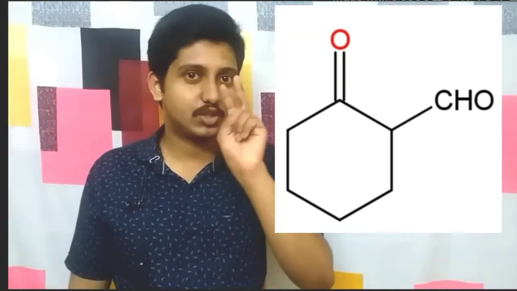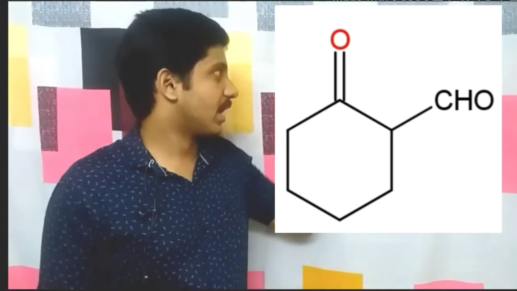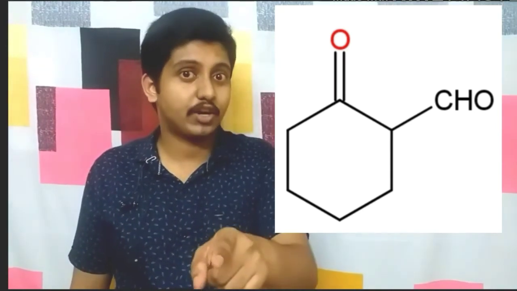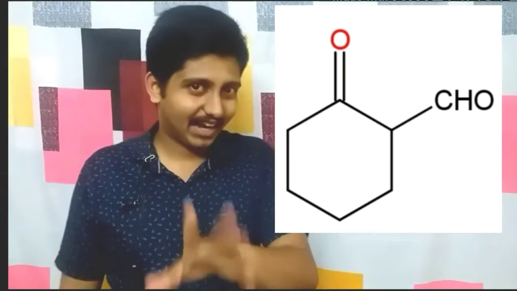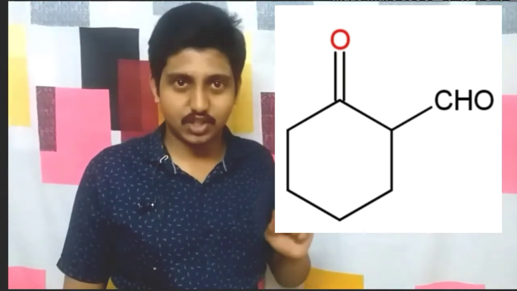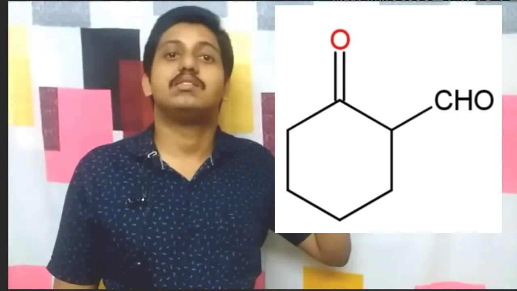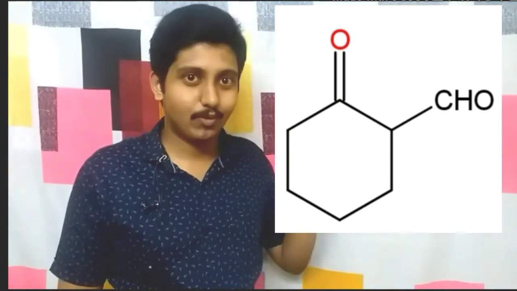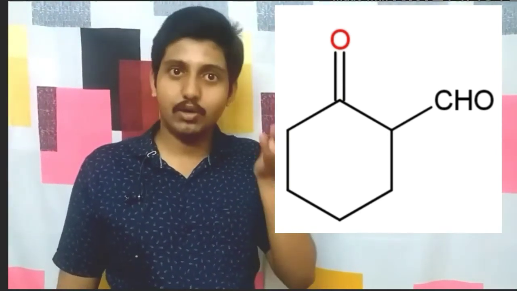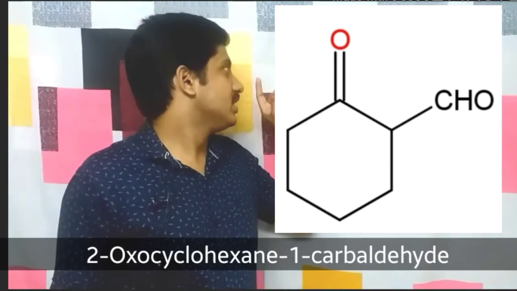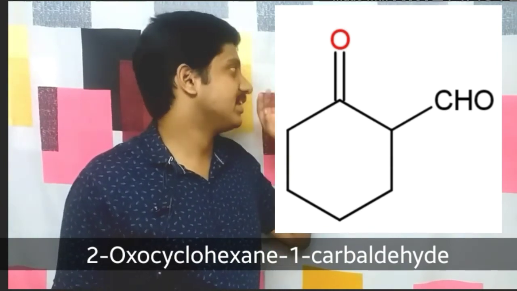Now another example with two functional groups. Here we have both a keto group and an aldehyde group. Which one is more preferred? Remember my priority order in my first video. So aldehyde is the major functional group, and we will take the suffix as carbaldehyde. So what will be the prefix? The less preferred functional group, that is keto. What is the other prefix of keto? Keto is also a preferred name, and also oxo. So the IUPAC name will be 2-oxocyclohexane carbaldehyde.